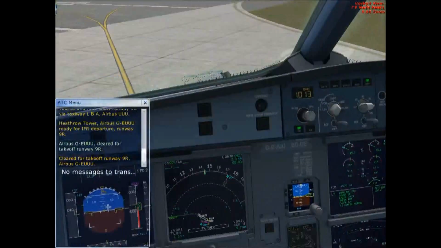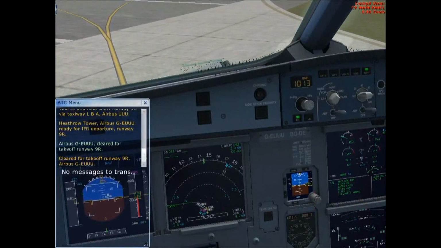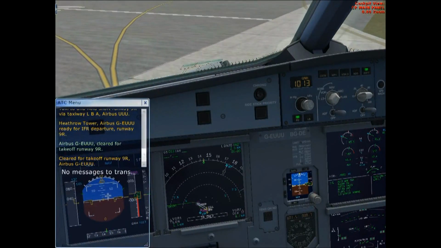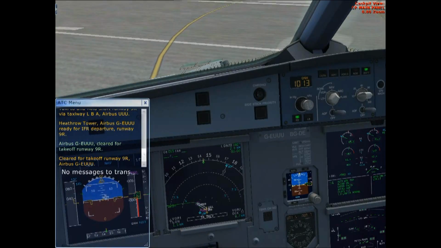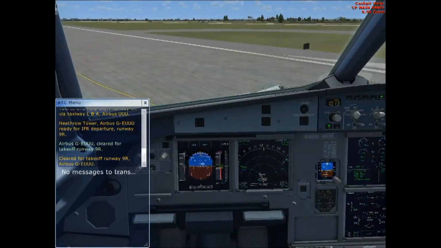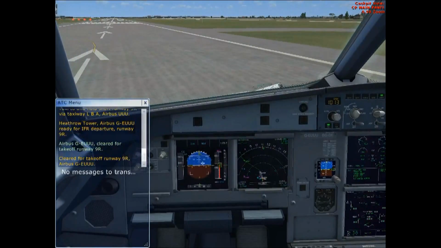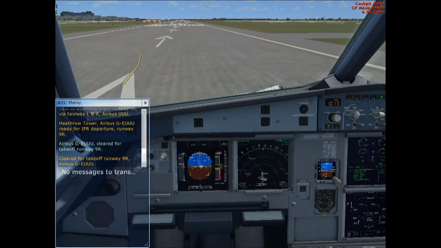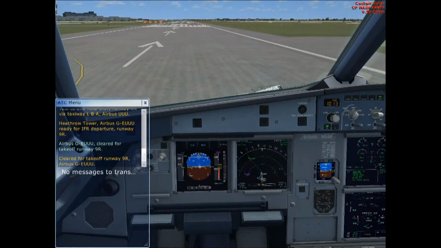Approaching 09 right. Just double checking our route follows along. On runway 09, now that we're on the right runway,